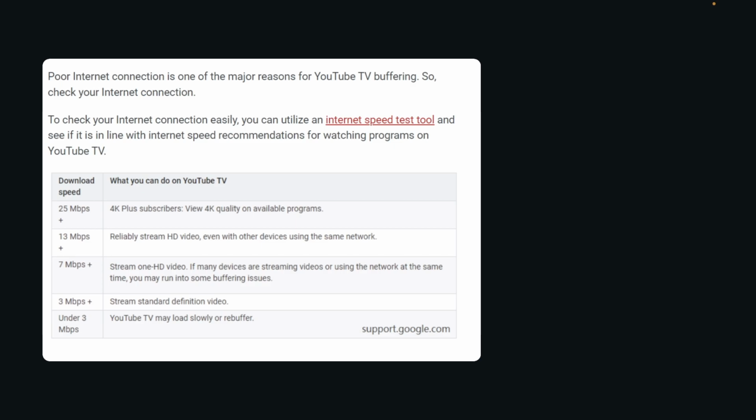You can utilize an internet speed test tool and see if it is in line with the internet speed recommendation for watching programs on YouTube TV. As you can see here, you have some download speed. When you use an internet speed test tool, it will tell you the download speed. And as you can see, here are what you can do on YouTube TV and the recommended download speed for each one of them. So you have to make sure that your internet speed is